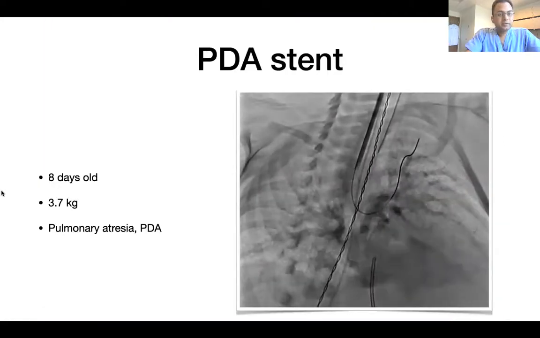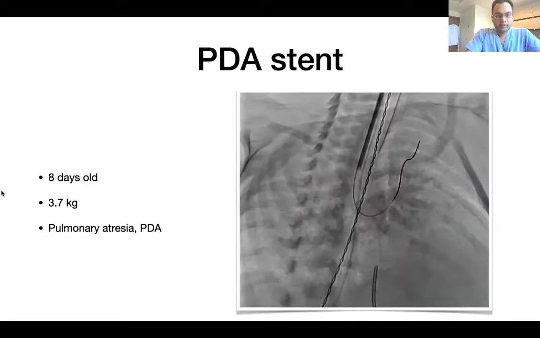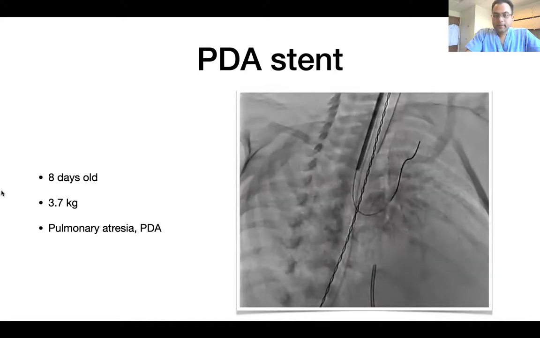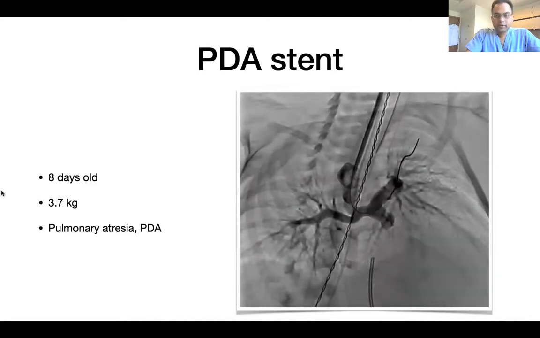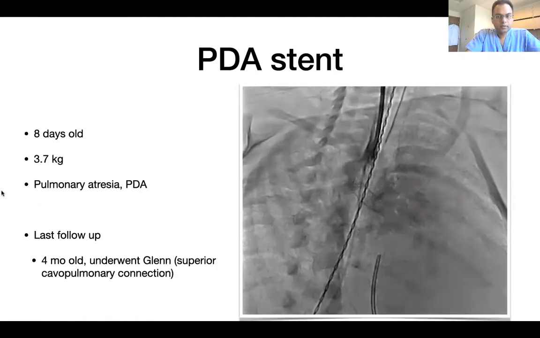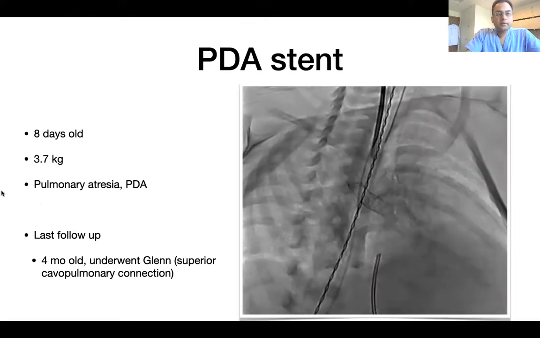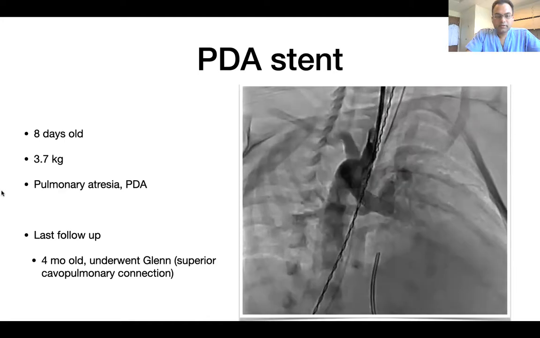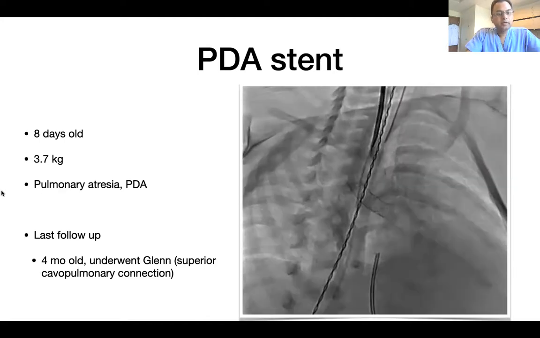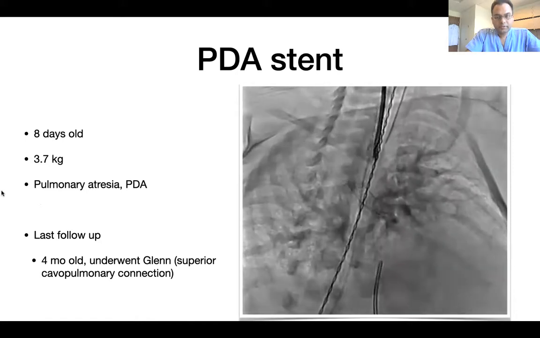So this was the baseline angiogram that we performed through a percutaneous carotid artery access in the right common carotid artery, again demonstrating the confluent branch pulmonary artery supplied by a tortuous patent ductus arteriosus. This patient underwent placement of a coronary artery Resolute Onyx, which is a drug-eluting stent, in the ductus arteriosus, and subsequently underwent superior cavopulmonary connection, also called a Glenn operation, at the age of 4 months,